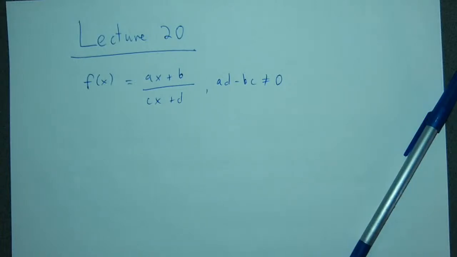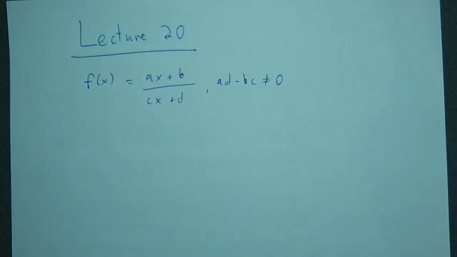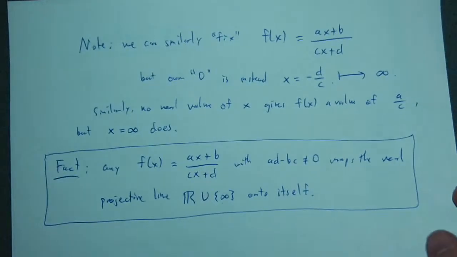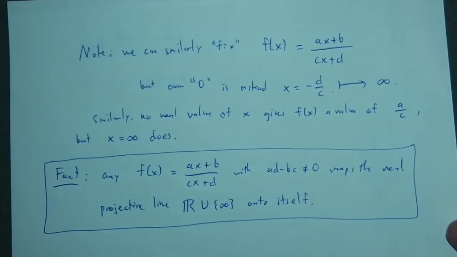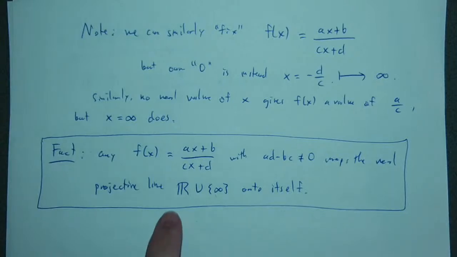Okay, so last time we ended with our discussion of linear fractional transformations. Most importantly, one of the last things that we said was that a linear fractional transformation maps this projective line that I've written here as R union this point that I'm calling infinity